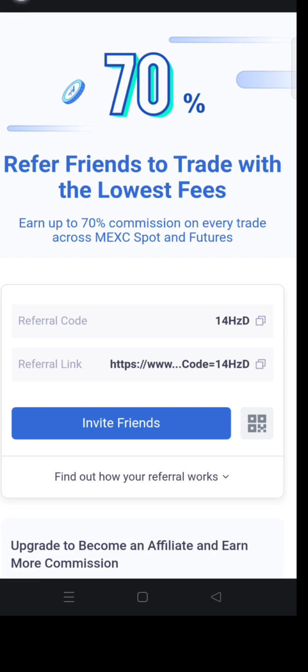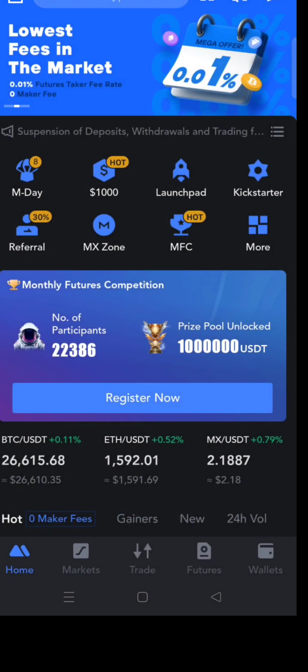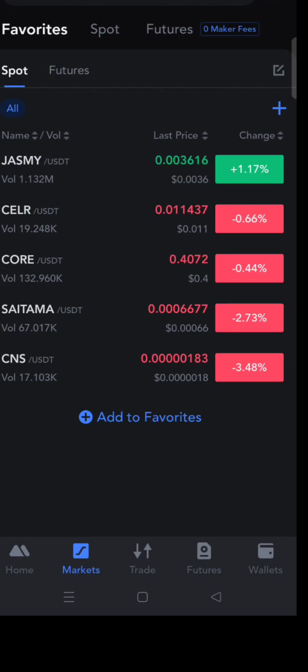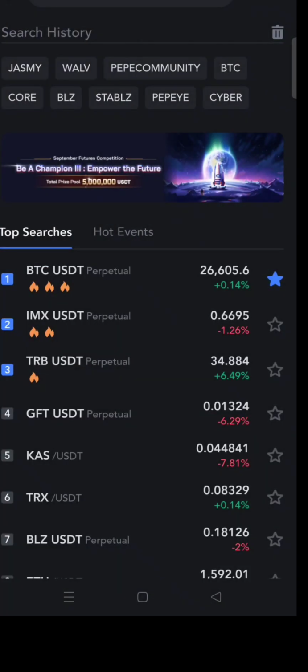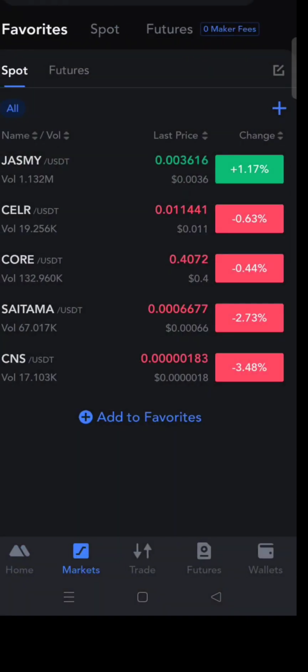After that, deposit USDT here under TRC20 or BEP20, because the minimum fund here is $6 to buy Core.